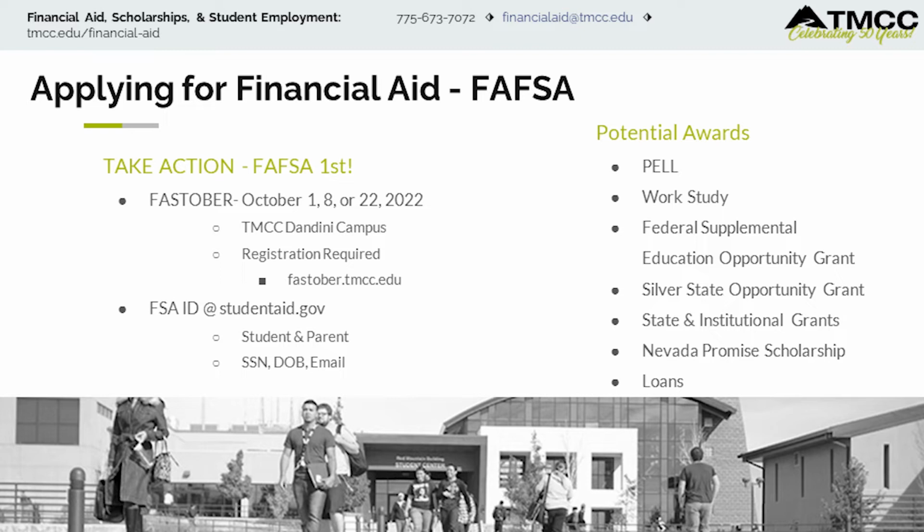For dependent students, a parent must create a separate FSA ID since they are required to sign the student's FAFSA. This unique FSA ID must be linked to the parent's Social Security number and their own email address. If the parent does not have a Social Security number, they will not be able to create an FSA ID and will be prompted to sign the FAFSA using a paper signature page that is mailed to the Federal Student Aid Department. The required information for both student and parents will be their Social Security number, date of birth, and